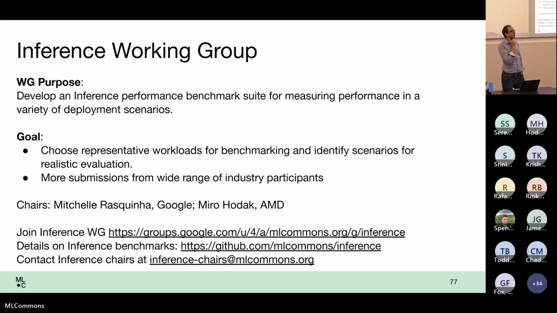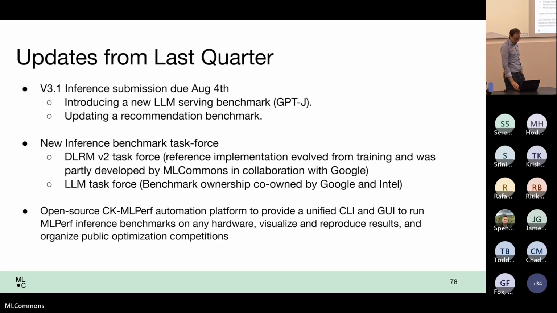Is Miro in your group, Ashley? Oh, we have cross-group. So we've got our hooks into multiple groups at AMD. But Miro used to be with Lenovo and had worked on a lot of MLPerf submissions there. And it's been great to add him to the team. Michelle has also been doing a ton on leading.